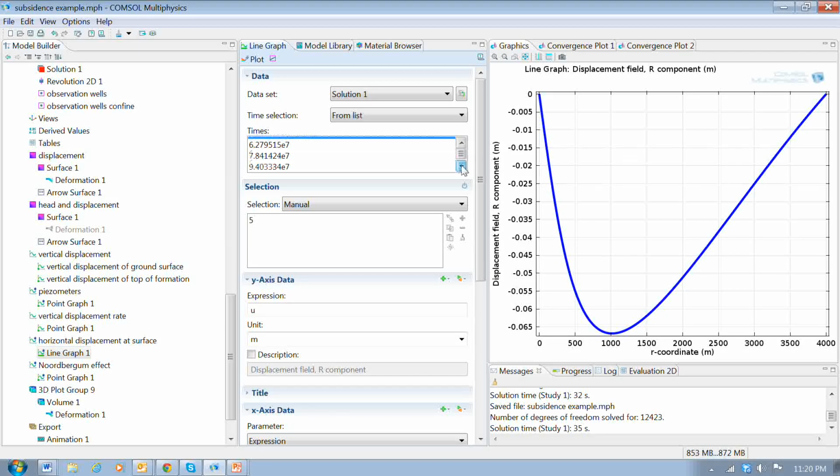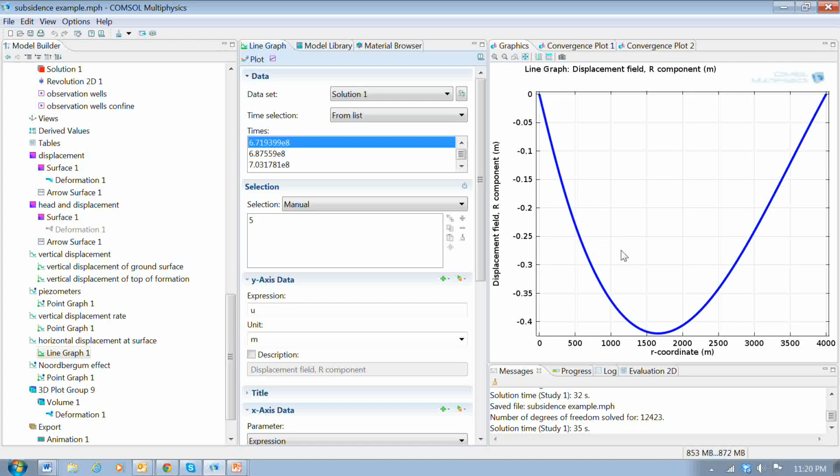So 20 years is about 6 times 10 to the 8th seconds, right about in there. Okay, so this is the displacement at about the time the pumping stopped, and it's 0.4 meters and goes out about 1,500 meters, and then